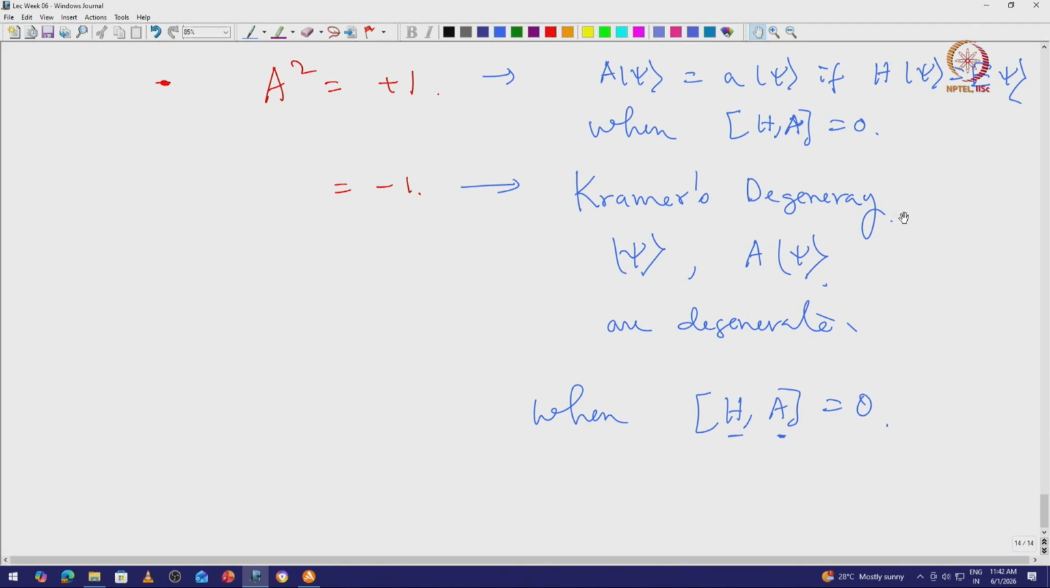We will prove it either in first quantization or in second quantization. Okay. So with that we will stop here today,